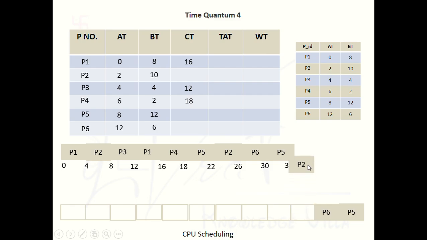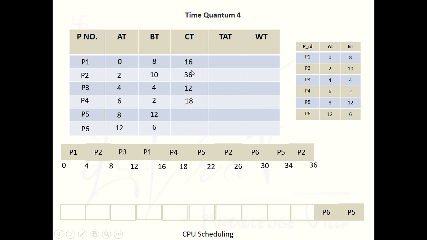Now process P2 will start its execution. Before this moment P2 got the CPU 2 times, 4 to 8 and 22 to 26. It means P2 uses the CPU for 8 time minutes and the requirement of P2 is 10 time minutes. So again P2 requires the CPU for 2 time minutes. So 30 plus 2, 36. At time minute 36 P2 will complete its execution and 36 will become the completion time for